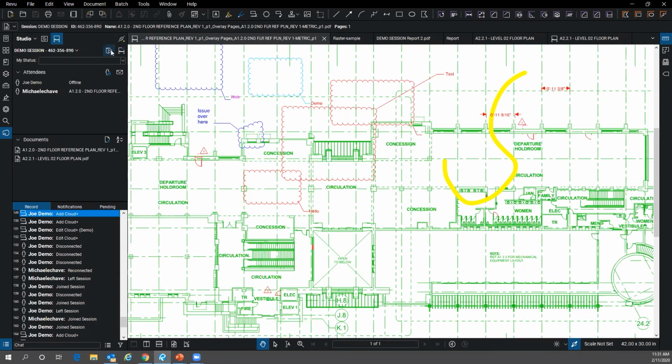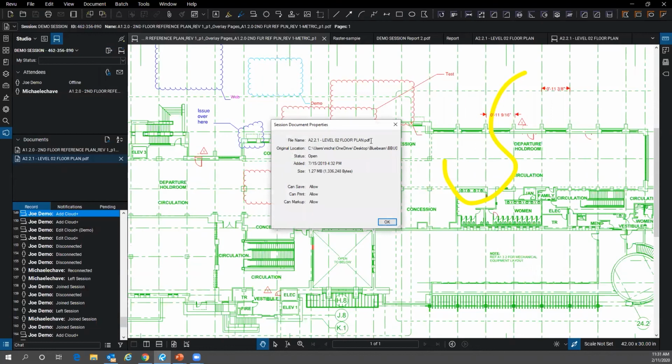Somebody asked, can a Bluebeam session be synced to a server or a network drive? Again, if I'm hosting this or having this document be a live document, it is being hosted within Bluebeam's server, or hosted by cloud. So where this file is saved is not in terms of what we're going to be doing. If we wanted to export it out, or look at the properties of where the location is, this is going to be cached somewhere